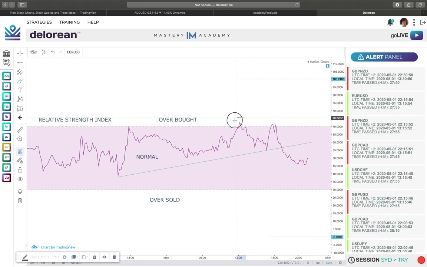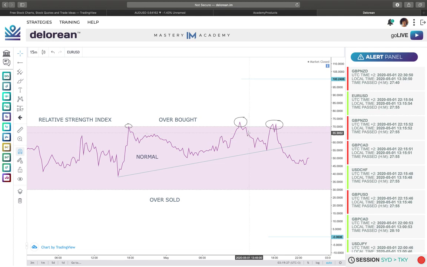So specifically, there's two regions that I notice right here. Anybody notice what's going on there? Anybody notice any discrepancies? Actually, you could technically say right here too, very little. What do you notice? Well, that purple line just heads into the white. It exits that purple shaded area. That means it's exiting the normal region and it's heading into an overbought scenario. The RSI is telling us that the market around this area is starting to become overbought and a pullback is